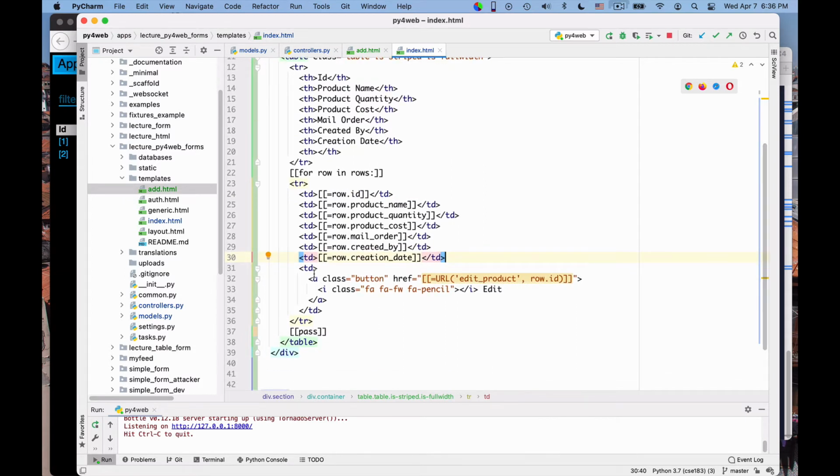And I do another thing that is I add an edit. Let me just call it edit. I add an edit button to each row. Okay. We will see later how this behaves. For the moment, let me just save this code. And this should actually work to give us a display of the information we have in the database. So let's look at it.